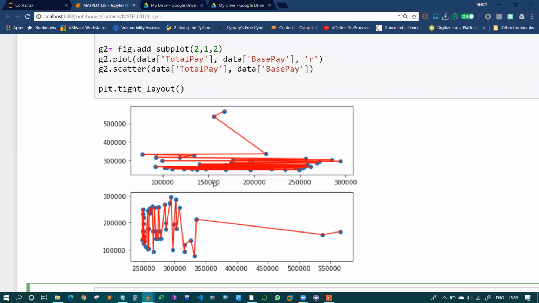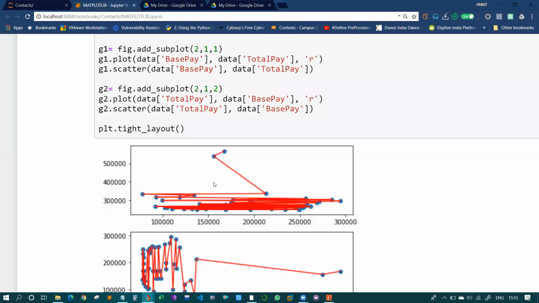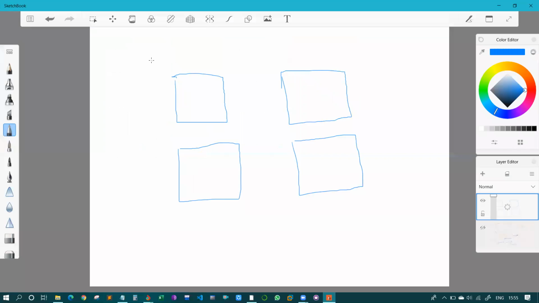We have done it row wise, we have done it column wise, right? But now I need something like this. So take any 4 columns. I don't bother about whatever data you pick, but I need graphs in this format. So there will be graph number 1, graph number 2, graph number 3, and graph number 4. So I need 4 graphs in this format.